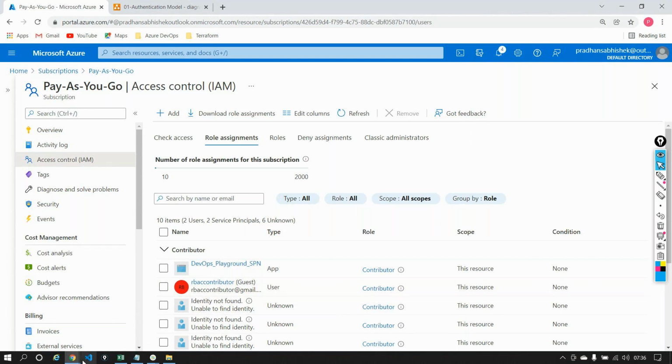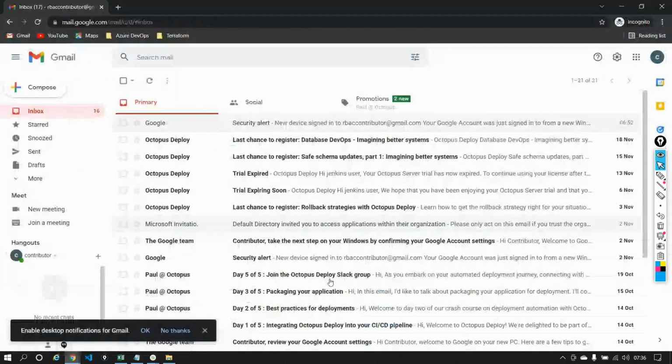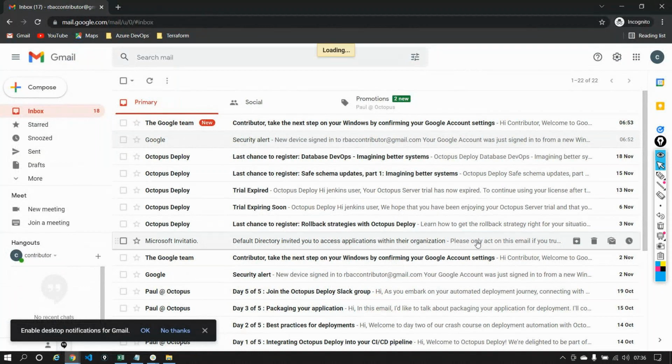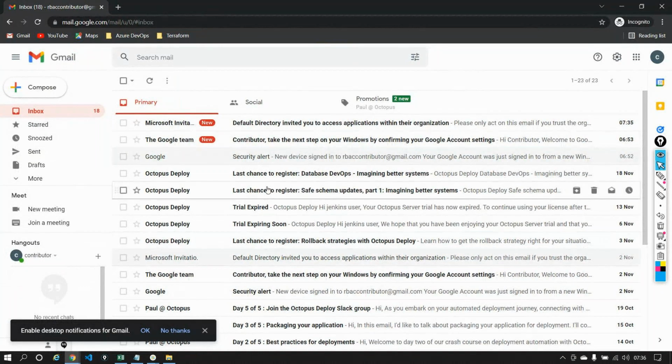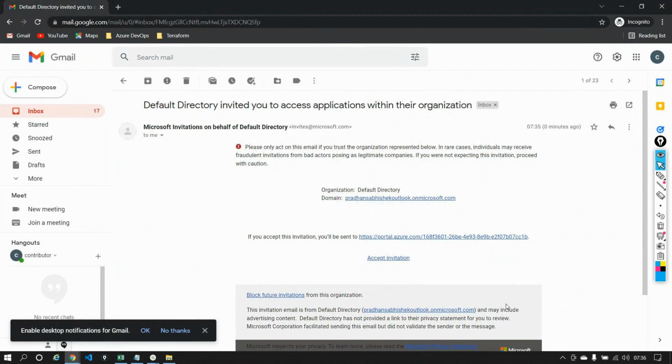Now let's do one thing. I have just Gmail opened here, and if I refresh this screen, I have an invitation from Microsoft. This is a new email that just came in, telling me that you have been invited to join an Azure tenant. This is what happens when you join an organization: your administration team or your project manager will add you to that tenant, and you will have this email in your organization's Outlook telling you that you are invited to this particular Azure tenant. Do you want to accept this invitation? Here I can say accept invitation.